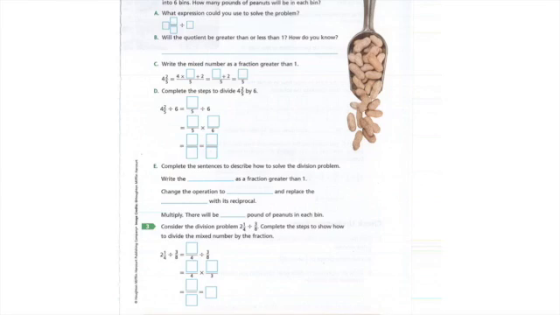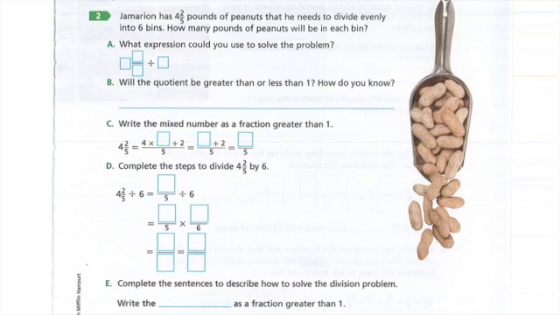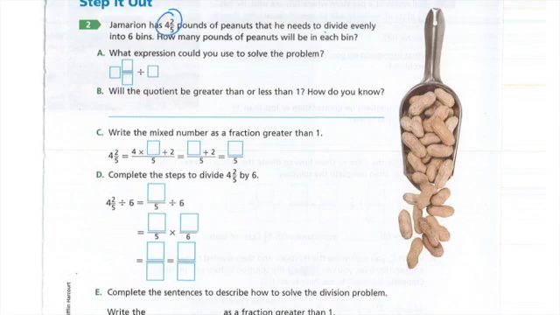All right, this one says, Marian has 4 2/5 pounds of peanuts that he needs to divide evenly into 6 bins. How many pounds of peanuts will be in each bin? Okay, so it told us right here that they were doing 4 2/5 divided by 6. So we're going to do 4 2/5 divided by 6. Will the quotient be greater than or less than 1? How do we know? Okay, well, it's going to be less than 1